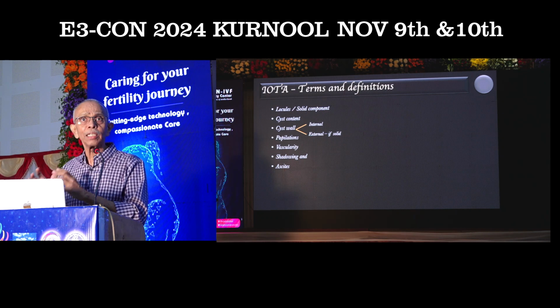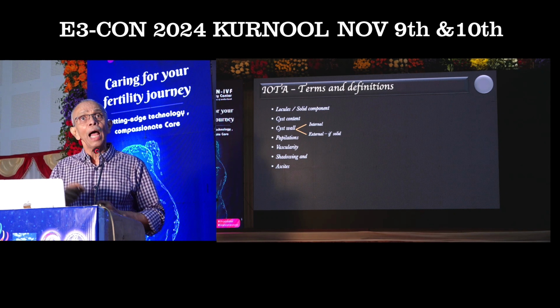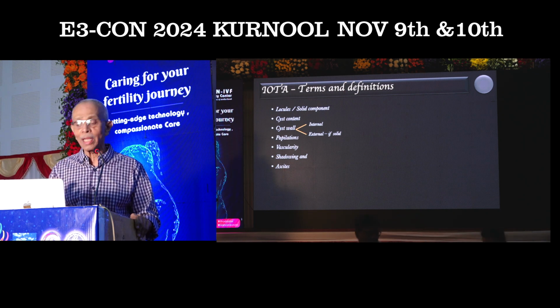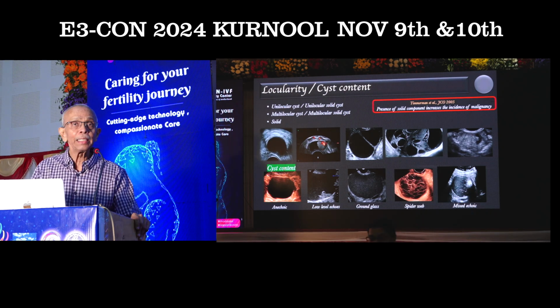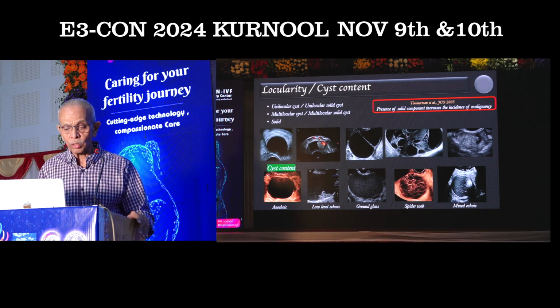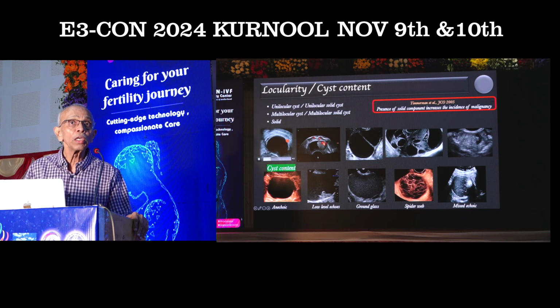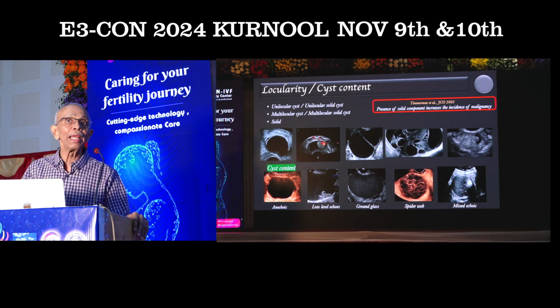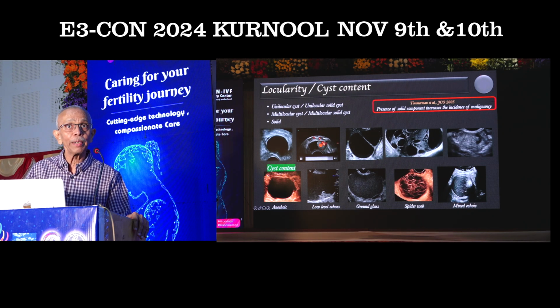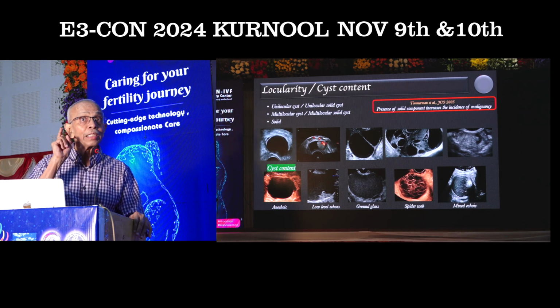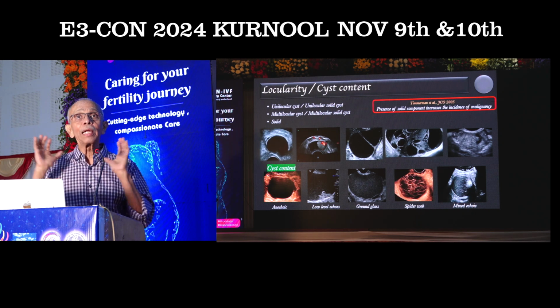They have said that these are the terms used in order to categorize these lesions, and they have given when we call what by what name. For example, we have the loculations. When you talk about the locularity or the cyst content, you can categorize these lesions. As you can see here, this is a classical unilocular cyst. You agree with me? There is no locule, it is a well circumscribed lesion, the internal wall is absolutely smooth and clear and normal, and you don't find any papillations or any calcification. So this is a classical unilocular cyst, whereas this cyst can also be associated with some amount of solid component, and then you call it a unilocular solid lesion. Remember this, the term complex adnexal mass has gone.